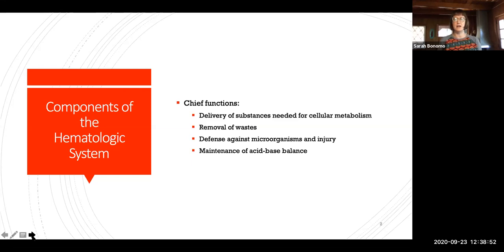We've just finished talking about inflammation and what happens when we have an injury, what that response is in our body. And then another important component of the hematologic system, or that blood system, is the maintenance of acid-base balance in the body. So our body, remember, likes homeostasis. We've talked about that before. And one of the ways that we help to achieve that is through the hematologic system in maintaining our acids versus our bases so that we're at a happy medium, or a hemostasis